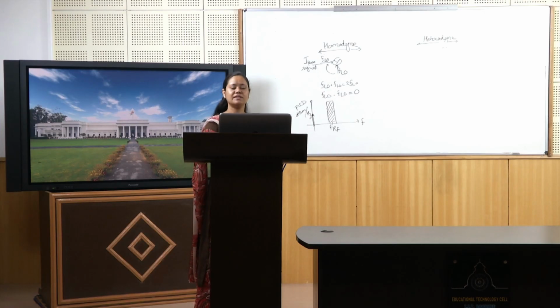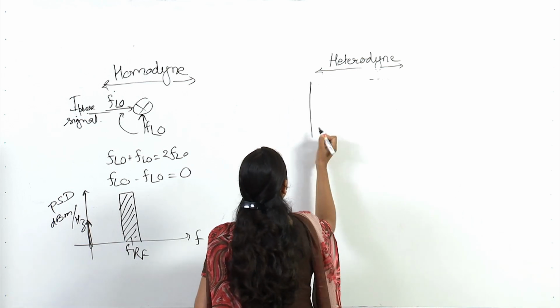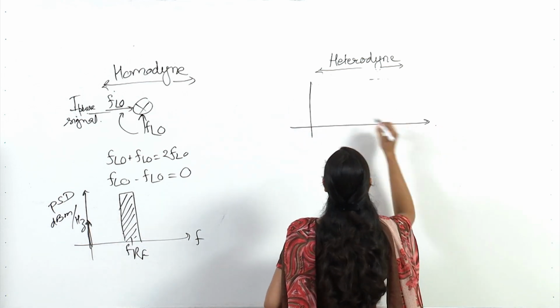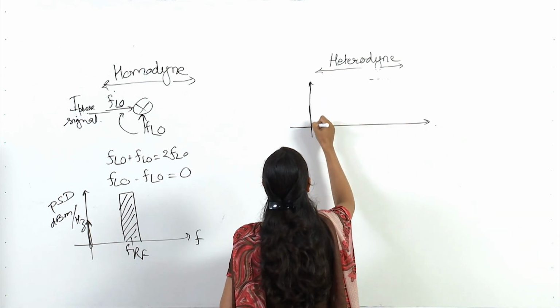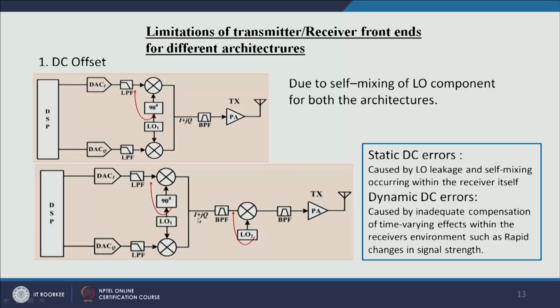Now, what will happen in the heterodyne case? Again, self mixing is there. Because of that self mixing, this DC component was there at this instance. The band pass filter is allowing this signal to go through, but the DC is also creeping in, which is bringing the amplitude up. Now, because of the LO2, because we have two stages here,